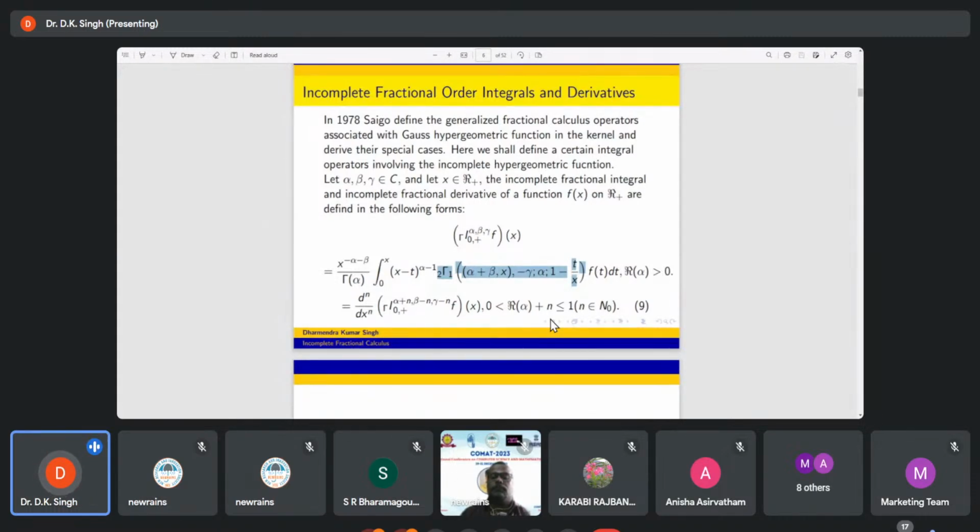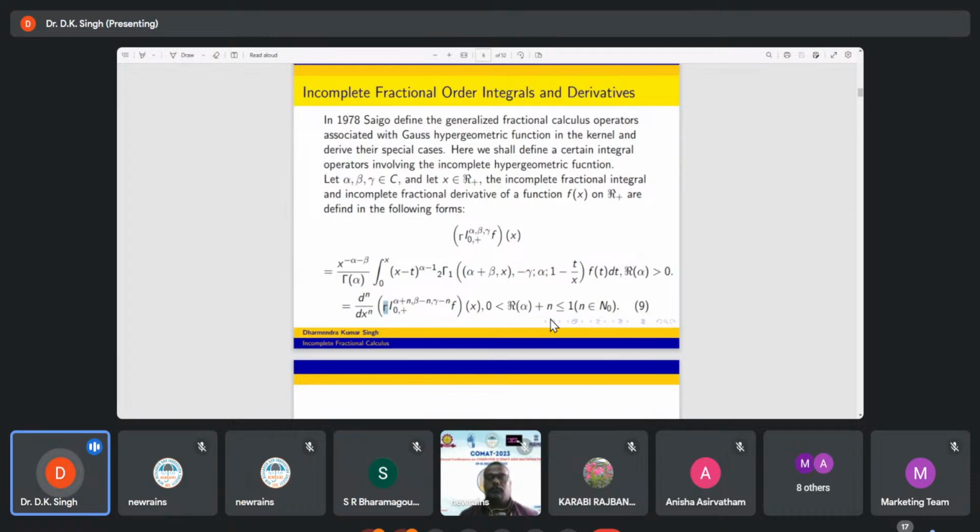So we write this notation in the form of x to the power minus alpha minus beta, divided by gamma alpha, times x minus t to the power alpha minus 1, and this is the incomplete hypergeometric function of f(t) dt, where real alpha is greater than 0. This integral can also be represented in a derivative form, d^n over dx^n. We can write this integral in the form of